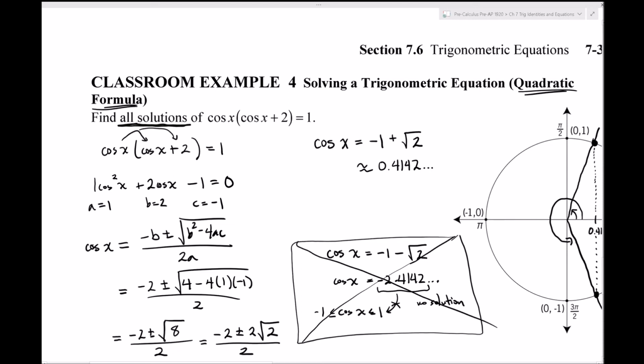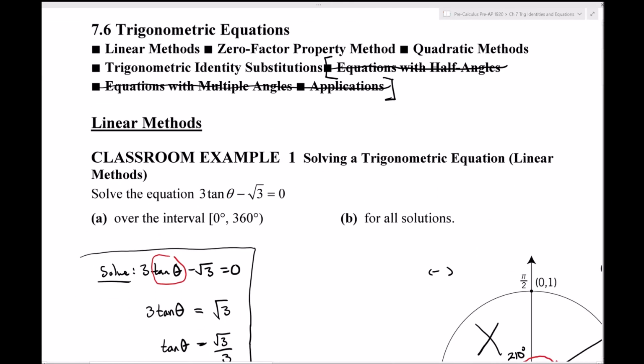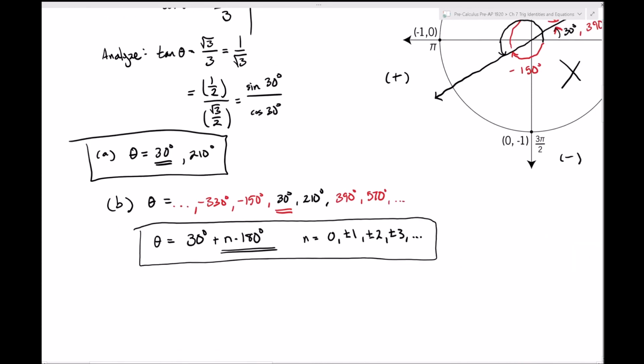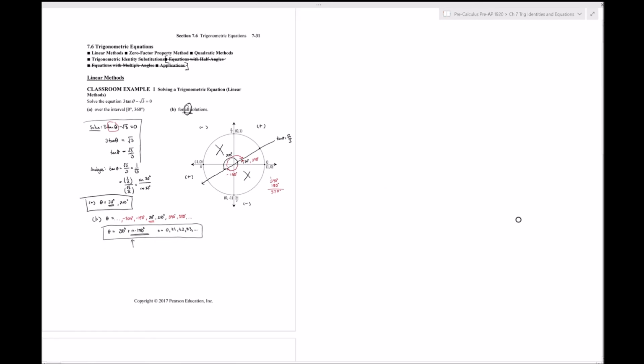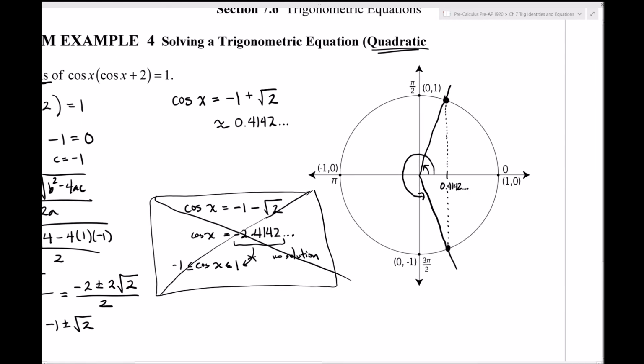But what I'm going to do is worry about, if you don't remember, example 1. Let me go back to example 1. For all solutions, we need to have something that looks like this with a plus n times something involved. And I'll worry about it later. Let's find just the part A stuff, where we're only finding the primary circle values. And let's look at how we're going to figure those out. If you remember,